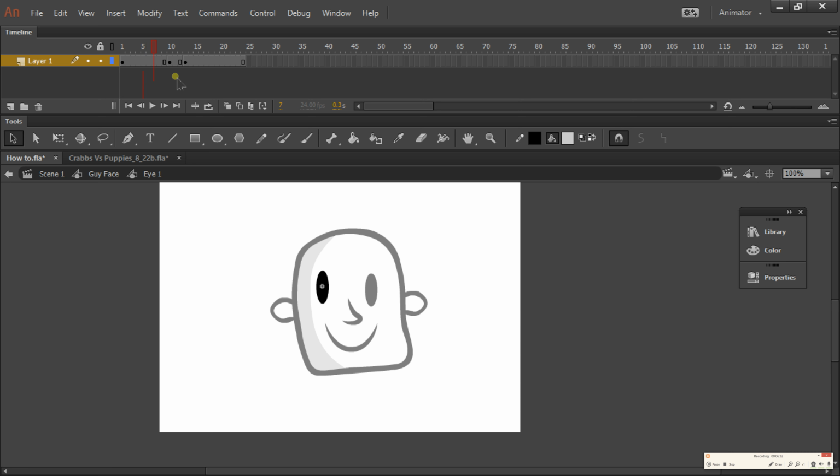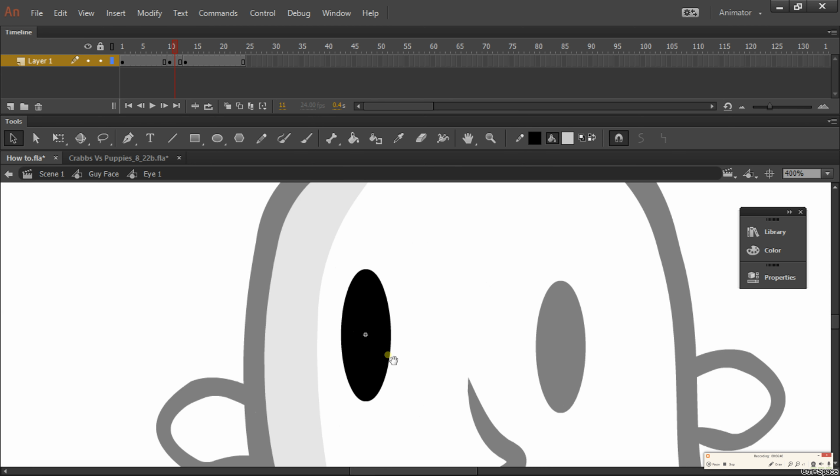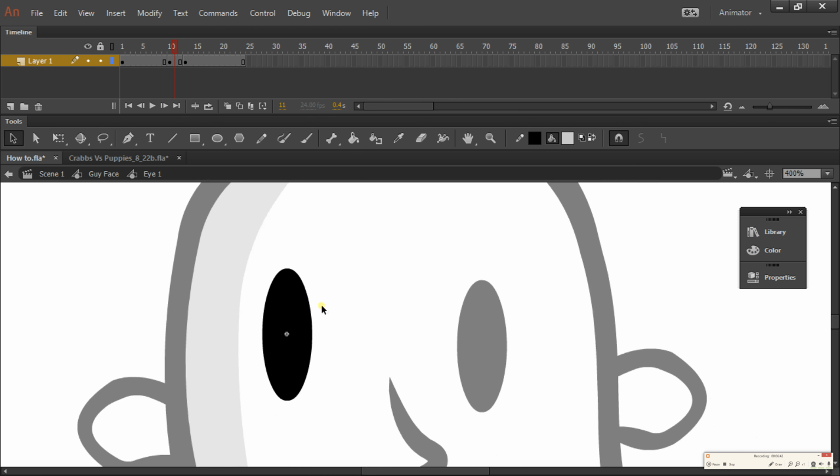All right, so we'll go down here, and let me show you a basic technique to get your eyes to blink. There's a lot of ways to animate eyes blinking. This is probably one of the most basic ways. We're in that keyframe in the middle. So select your oval, hit Q for your free transform, or hit the free transform tool, and we're going to squash this eye down,